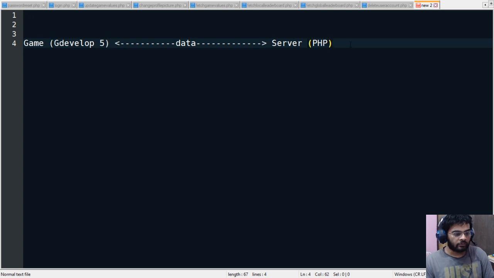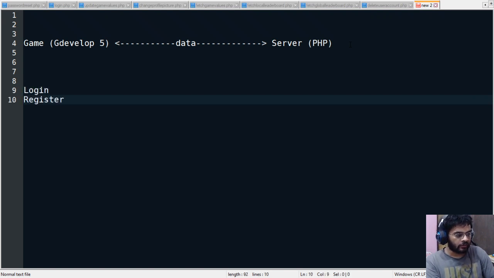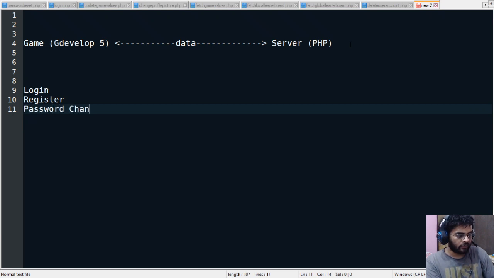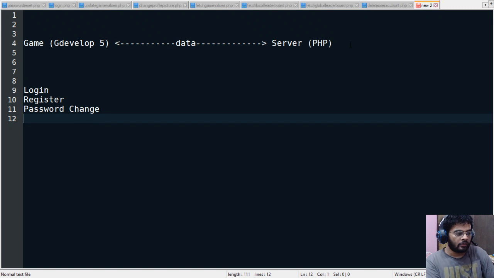And so in our game we will have to make a few more scenes. First of all, we will have to make a login scene, and then a register scene, and then maybe a password change scene, right?